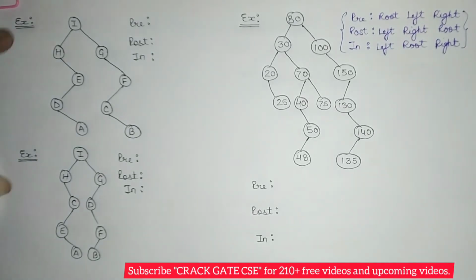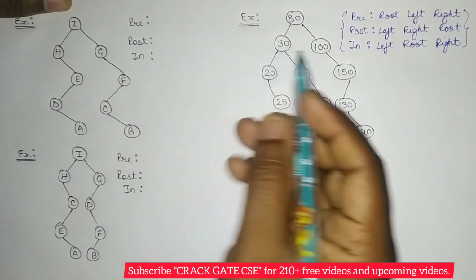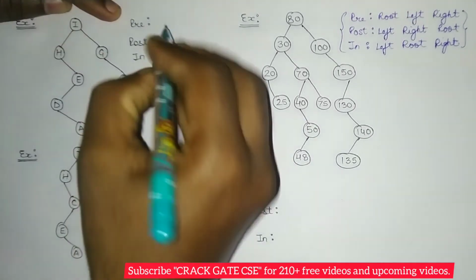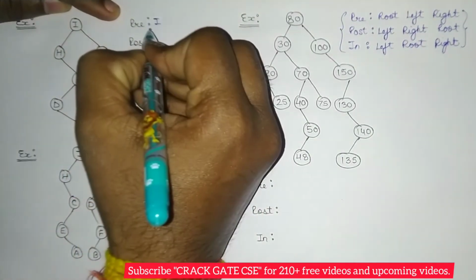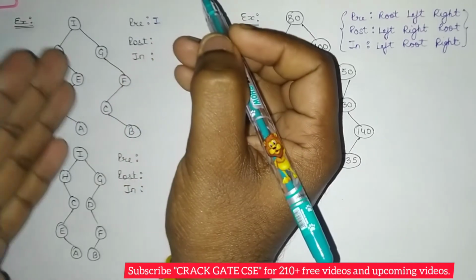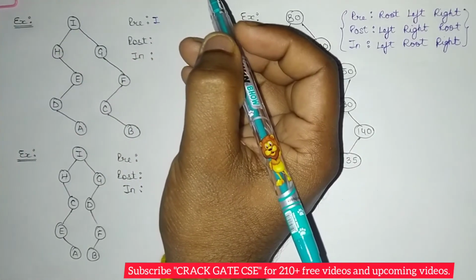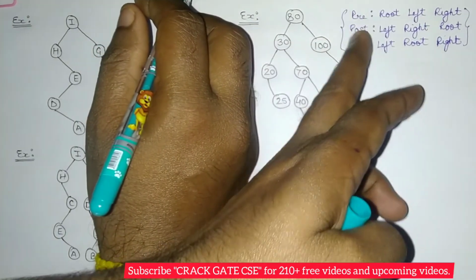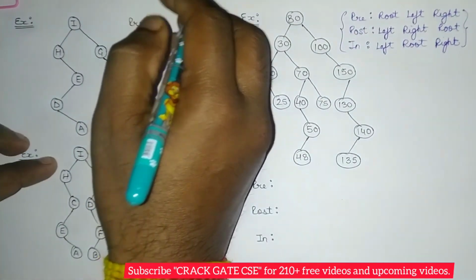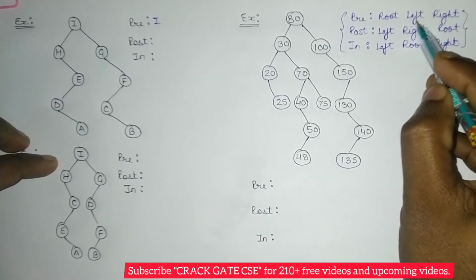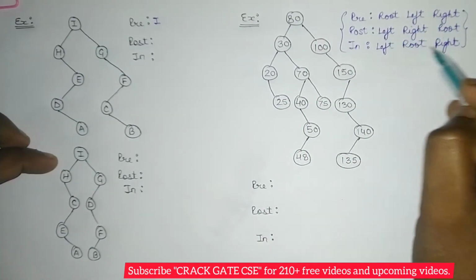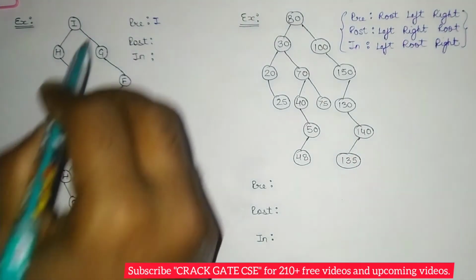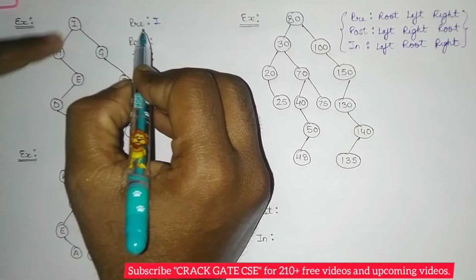So what we have to do for this example, I came on I, and for pre-order it says root, left, right. So root is to be printed first. You only have to take care that you move left first, then you move right, for any of these traversals, whether it is pre-order, post-order or in order. Because anywhere you can see that first you have to go left, then right, first left, then right. So this is the pattern for all the traversals. So for pre-order we have printed the root, then move left.